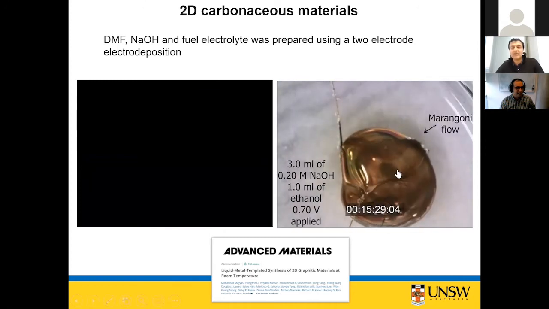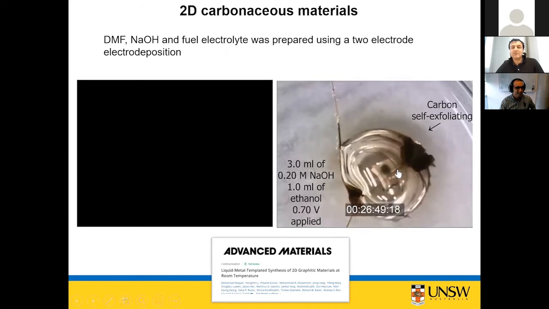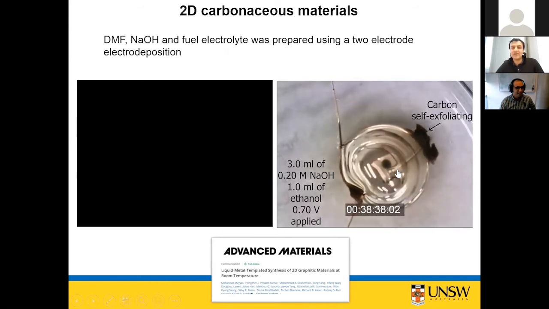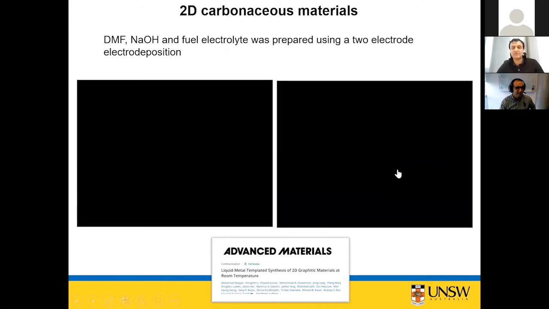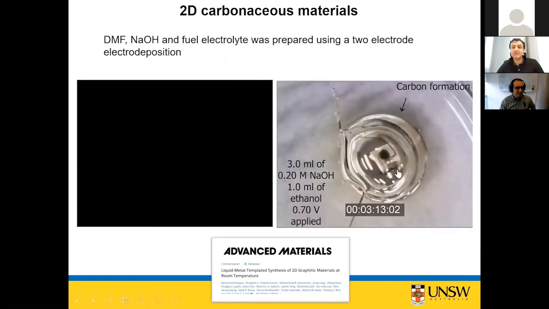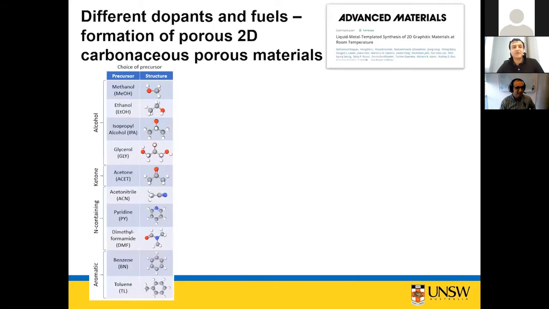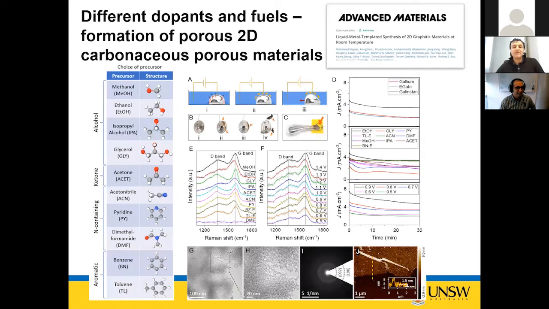Here, when we have the organic fuel, you see the surface color changes and you get this graphitic material on the surface. Okay, it seems that it works. The characterization: Raman shows, hey, it's not the perfect graphitic material that we wanted. It looks like an amorphous graphene. And when we look at it under TEM, we realize, oh, it's very porous graphene oxide, highly porous,